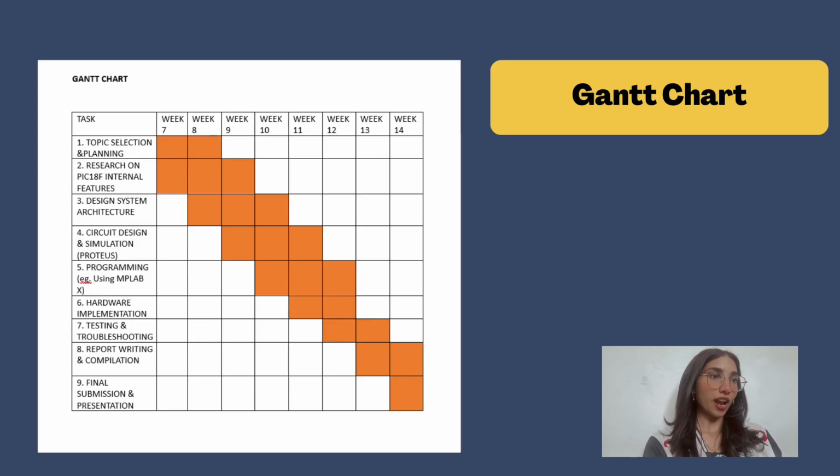So now I am going to present the Gantt chart of our project. As you can see, the duration of our project was from week 7 till week 14, and in total we had 9 tasks. The first task was the topic selection and planning, and then we had to research the PIC18 internal features, and then we designed the system architecture, and then we did the circuit simulation using the Proteus app,